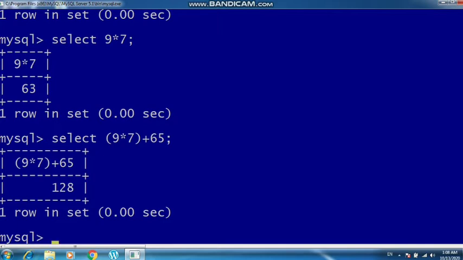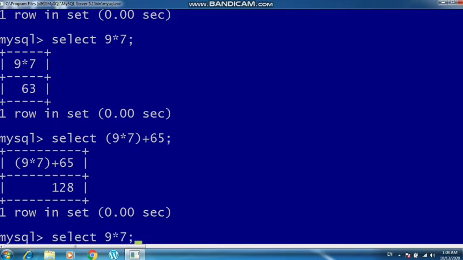So to provide a particular valid field name during runtime, only for the output, to give it a proper look, whatever heading you want to give, we use the as keyword. As is a keyword which can be used to provide the alias name, or you can say the heading of the field, to any particular calculation or any particular attribute.